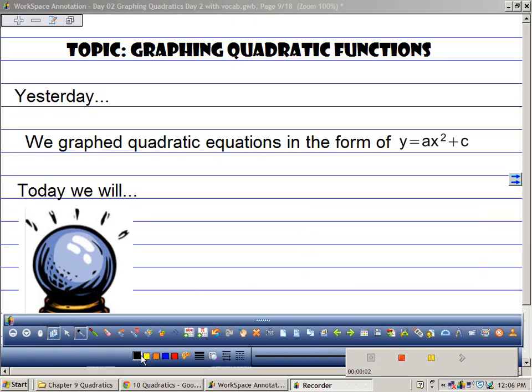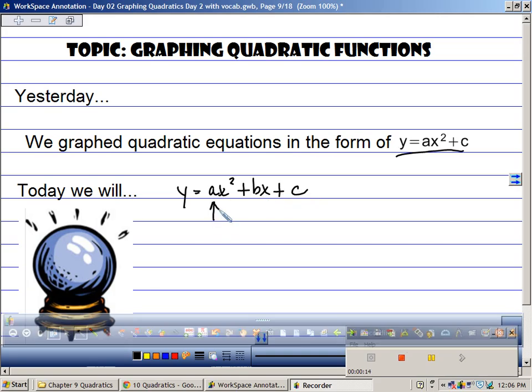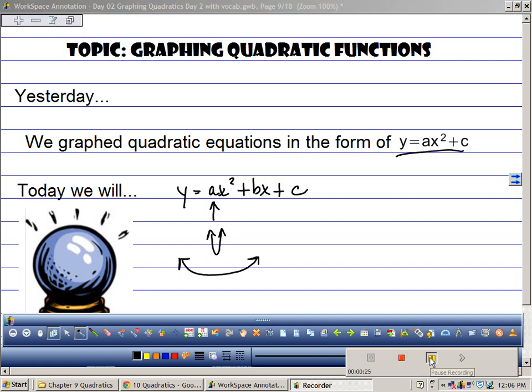Okay, so since yesterday we graphed in this form, today we're going to graph in this form. So yesterday we learned that this makes it either go really, really skinny or wider. And what did C do? It shifted it. All right, so let's